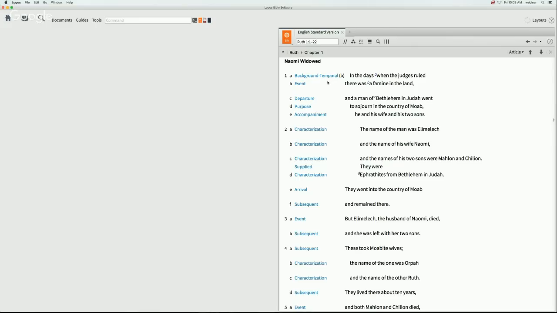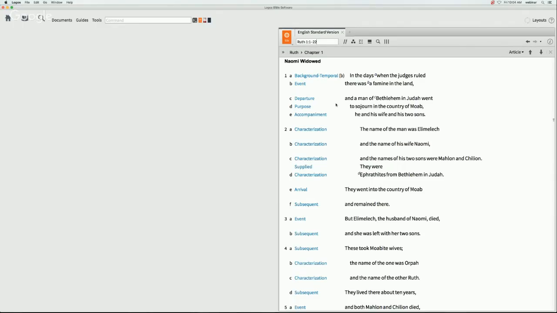After the event, or after the background label, we have a very important label called departure. Here, the speaker is asserting that someone is leaving the current scene. Now, because of the famine, Logos is telling us that the man from Bethlehem, that being known as Elimelech, leaves Bethlehem in search of food. Now, there's some irony here. There's a famine in the land. There's a shortage of food. So the man and his entire family pick up their stuff and leave the house of food, which is what Bethlehem is translated as, and they go to a foreign land. So a little bit of irony here, and Logos is going to bring this to the surface with these labels,